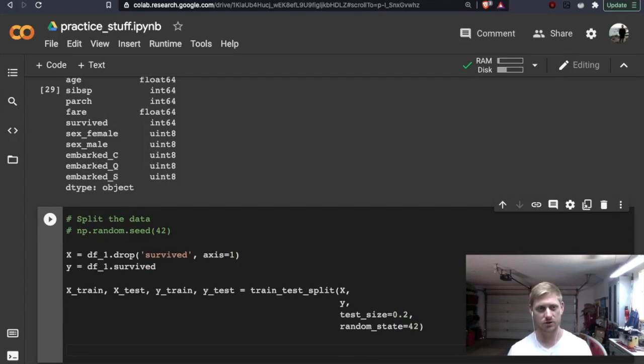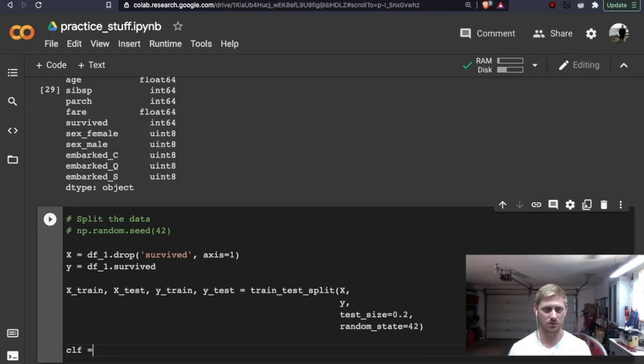Since we have our x train and x test, what would we want to do? We've already pre-processed the data. We don't really need one-hot encoder pre-processing, nor column transformer, nor pipeline. So all we've got to do is just fit the model. So let's instantiate the model.